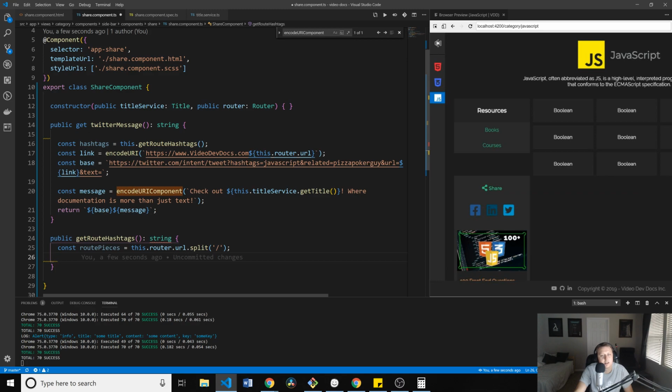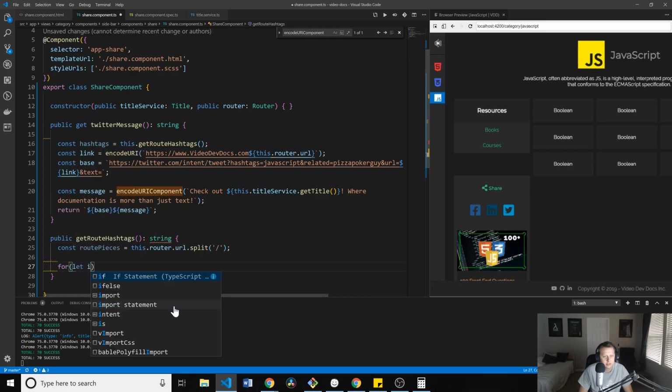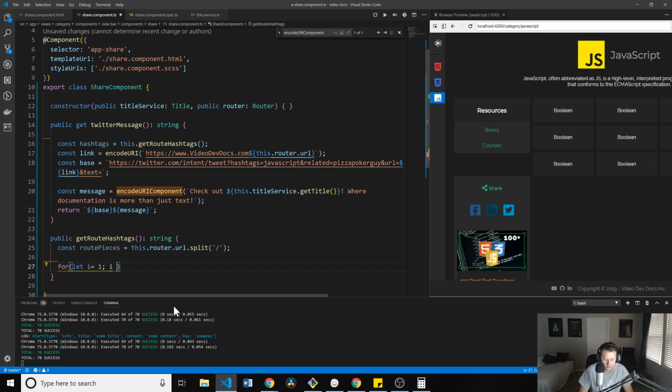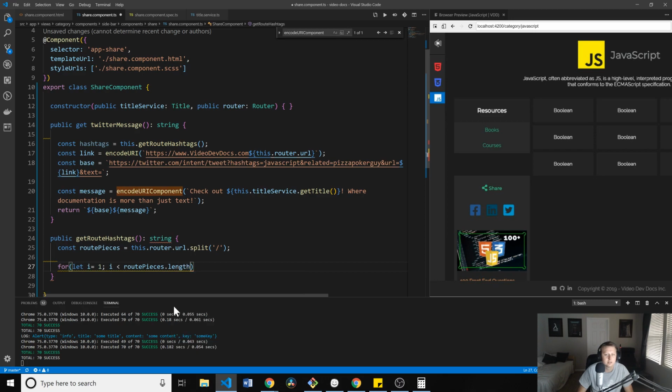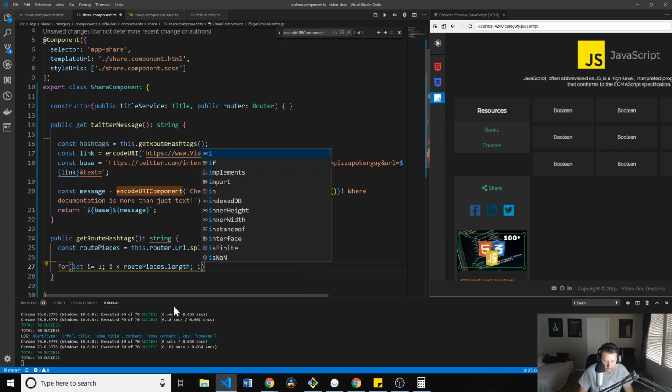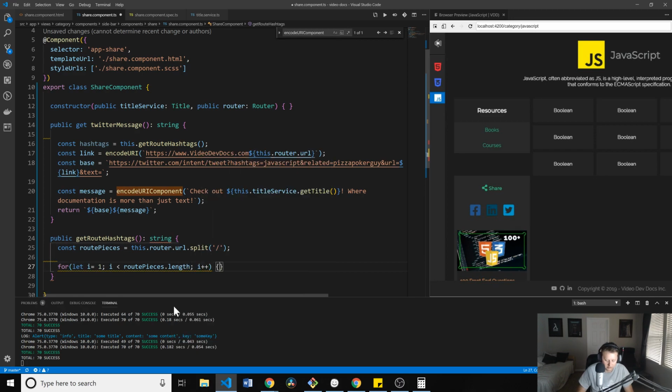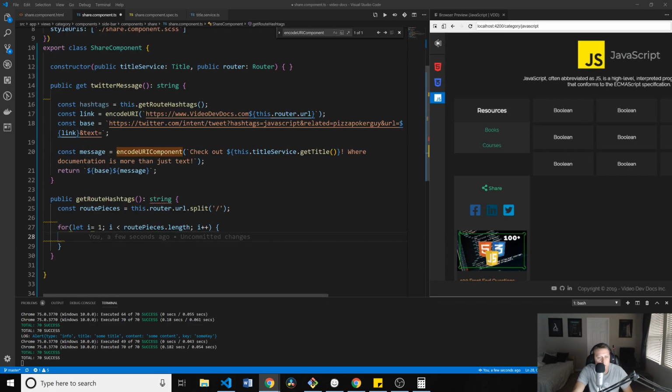Alright, so and I bet in the docs here it says that the hashtags are a comma separated list. Okay. So all we'll do is let hashtags equal